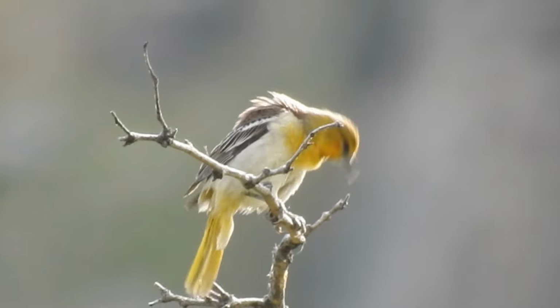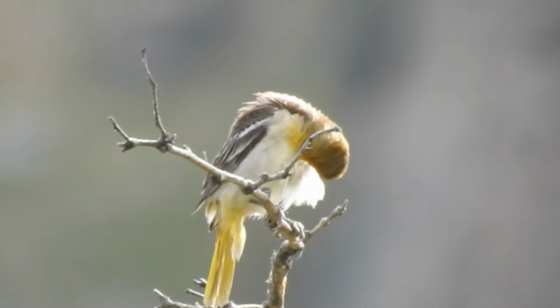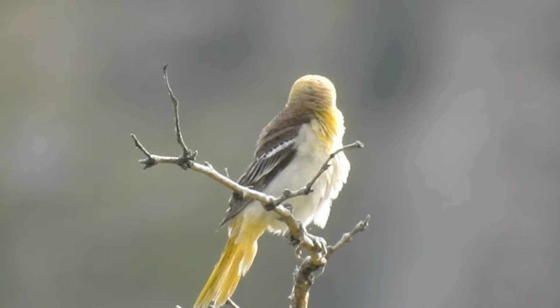We are now at my American Dipper spot. This would be a lifer for Hawkin and something he needs for his challenge. So wish us luck. So behind me here, I don't know if you all watched the video where I found